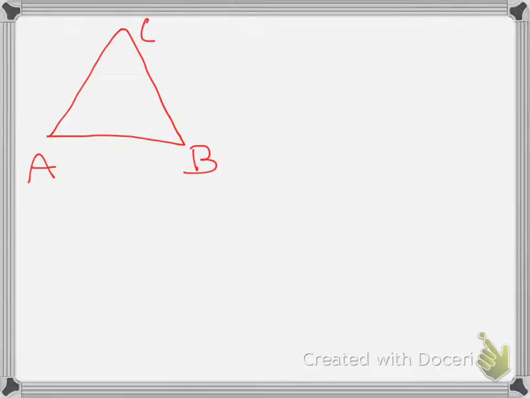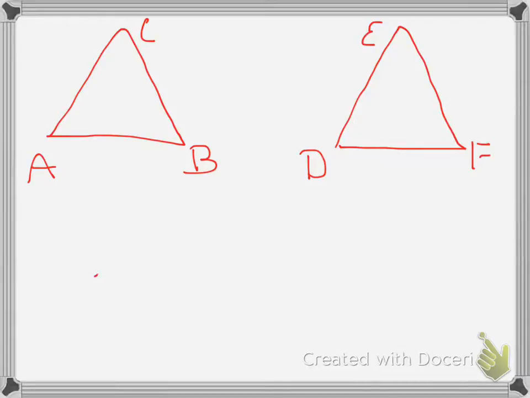So here we're going to have two triangles. I'm going to label this one A, B, and C. And we have another triangle that is congruent, and we're going to label it D, E, F. So we have to write a statement that tells us that these two are congruent. So first, you name one of the triangles, and we'll call the one on the right triangle ABC. And it is congruent to triangle